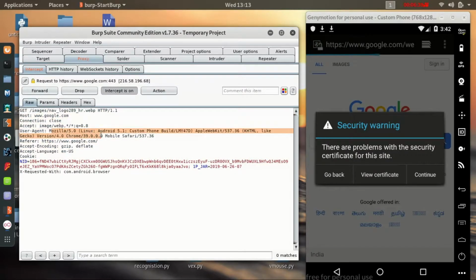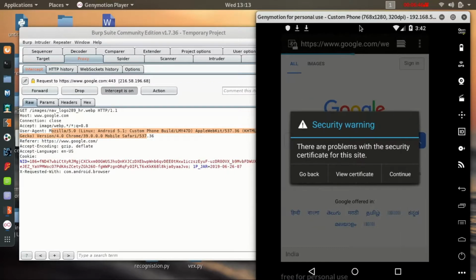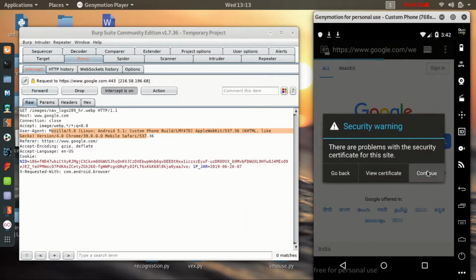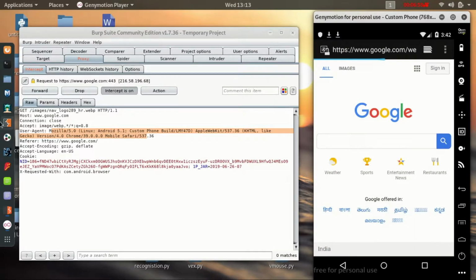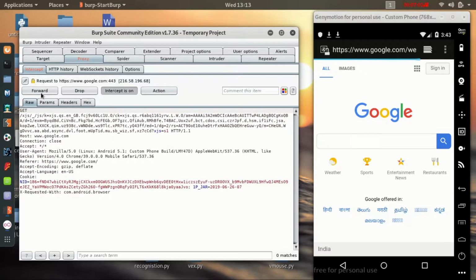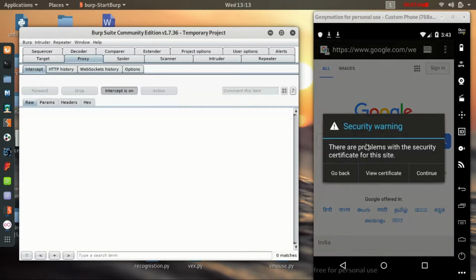Intercept is on, actually it's working, but we have to put our certificate of Burpsuite in the trusted credential certificates. So what we have to do,